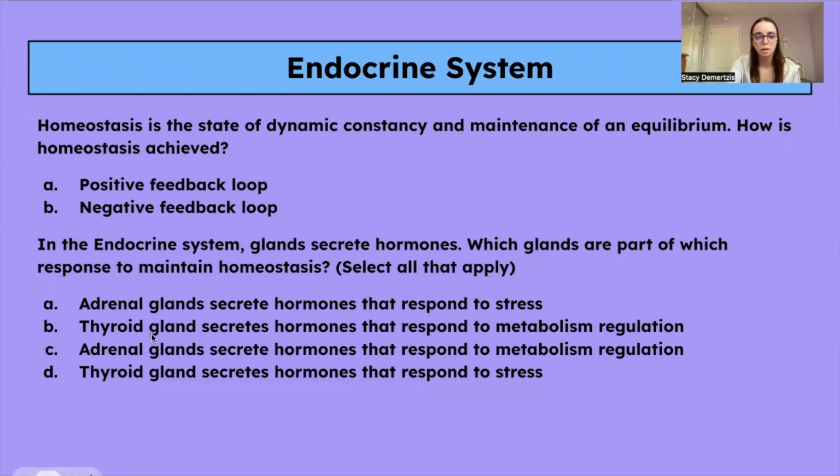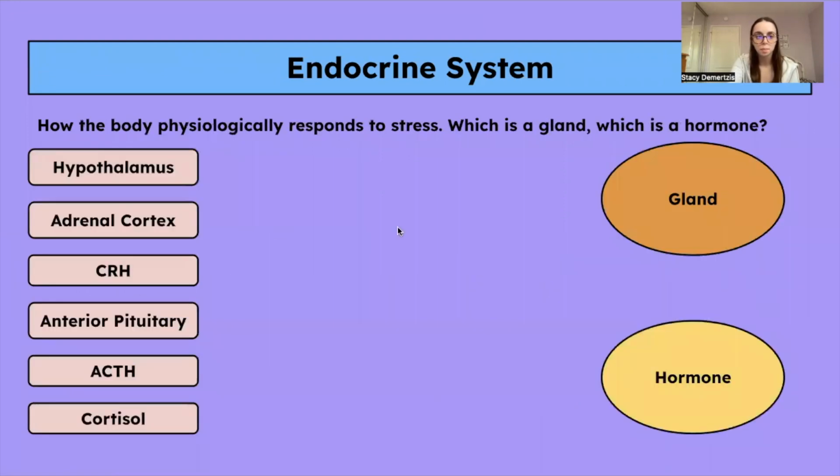B, the thyroid gland secretes hormones that respond to metabolism regulation. Yeah, that's one of them. The thyroid gland, there's a lot of thyroid hormones that come from the thyroid gland, and their job has to do with regulating metabolism. Yeah, so those are our 2 answers. Those are some examples of how homeostasis is maintained specifically within the endocrine system. So good work answering those. All right, so